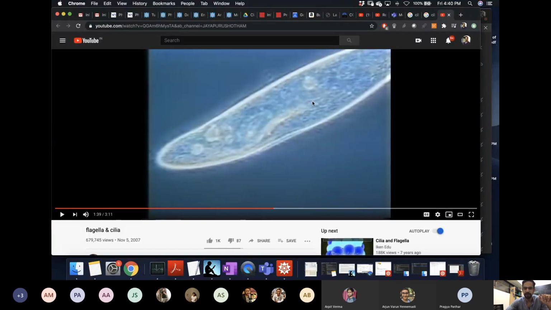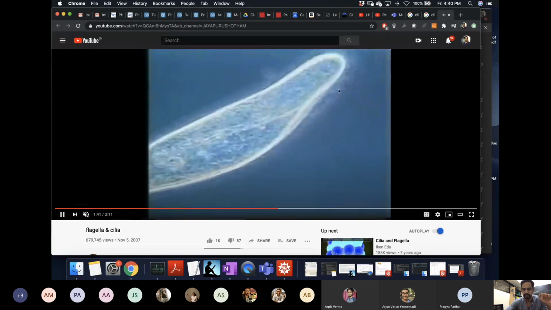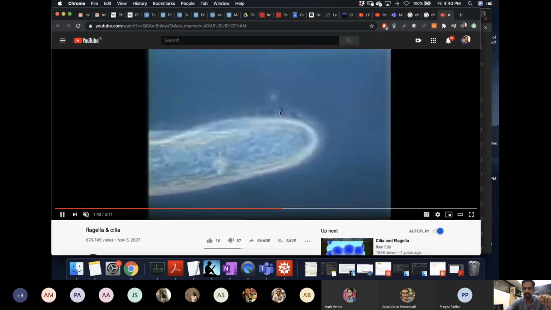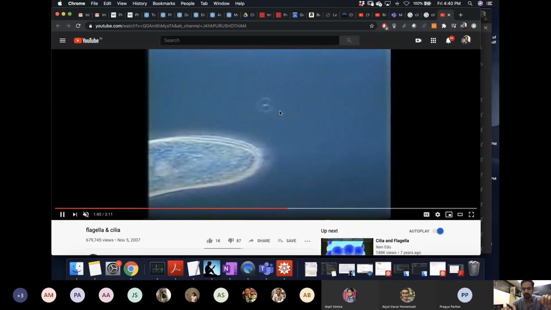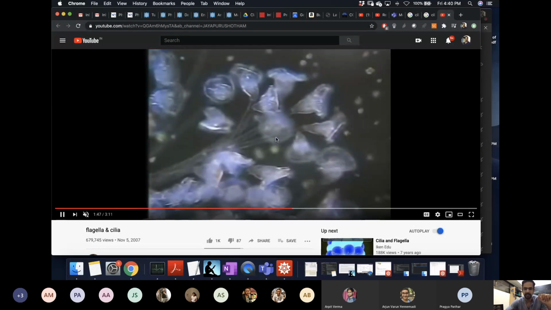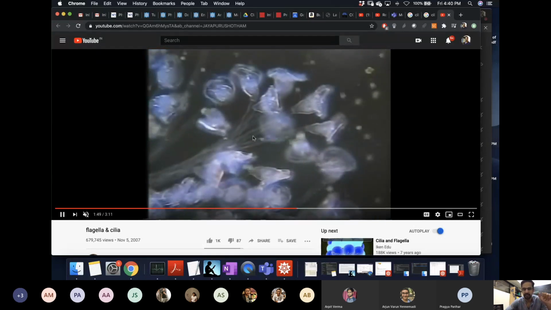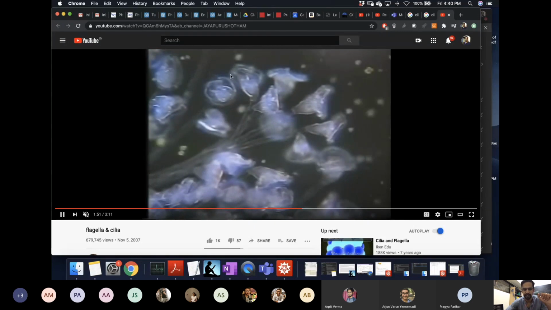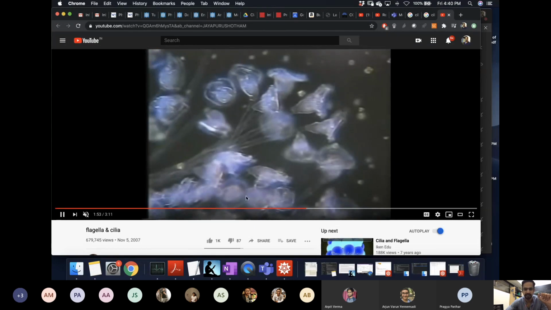Another possible problem is something like this. This is a microorganism, and its body is lined by cilia, and it is suspended inside a fluid. If you play this, you can see the cilia moving along its body, and the fact that it's exerting force on the fluid allows it to propel. It can also move particles far away from it. Here all these guys have cilia and they are moving these other particles.